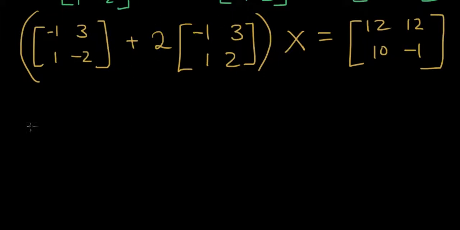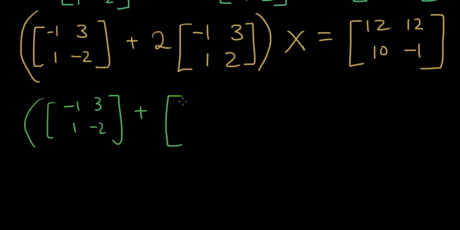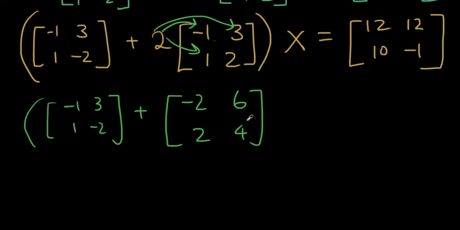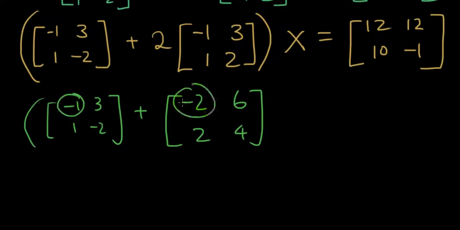Okay, so we'll do this part first. So it's [-1, 3, 1, -2] plus, and this part will be [-2, 6, 2, 4], right? Because this is a constant at the front, so you just multiply it into all the terms. Okay, and then when you're adding matrices, you just add each number to each of the corresponding numbers. So -1 plus -2, write the answer in the first spot. 3 plus 6, write the answer in the second spot, and so on. So 1 plus 2, -2 plus 4. So you put all that in, and then you will get